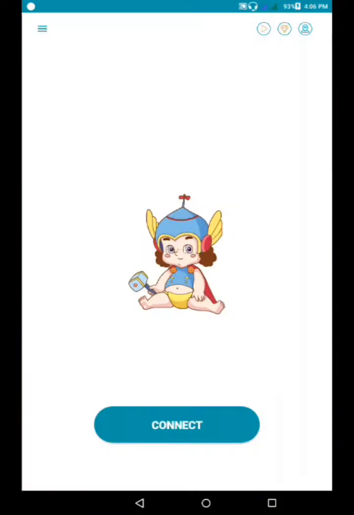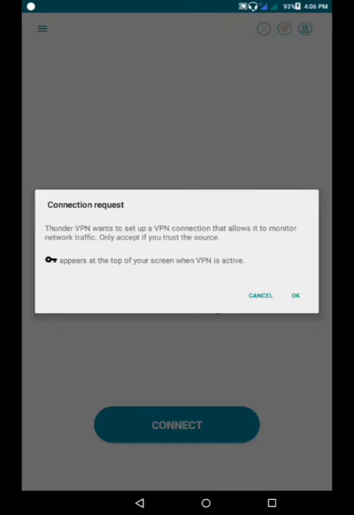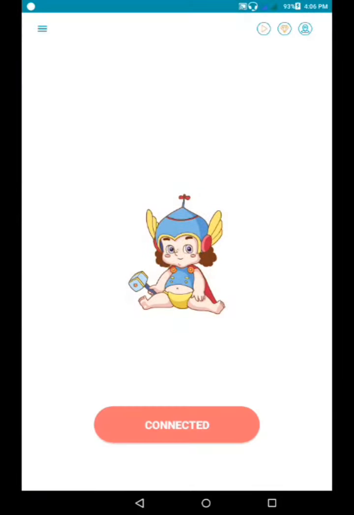This is the easiest to download, easiest to use. You have to simply click on connect. Then your work is done. They will connect you to a particular country. To a different country, you have to click on OK. To a different country from yours. Then you can surf any blocked website and